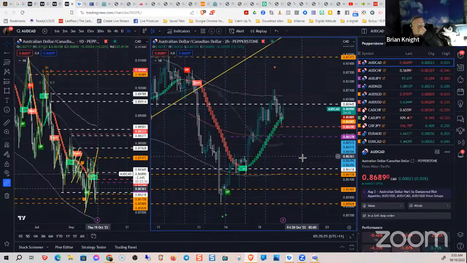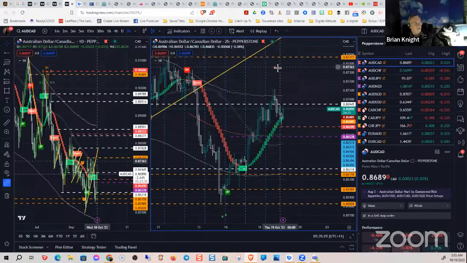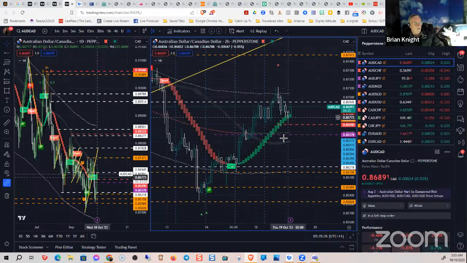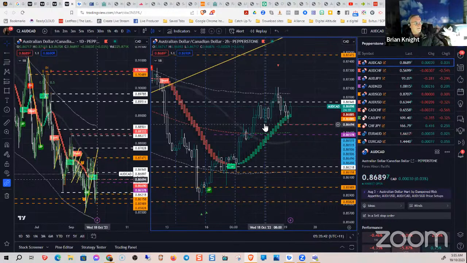Anyway, luckily enough. So yesterday, just after London opened, I saw that and went, oh, be careful, move stop loss. I think I moved it up to here. Well, in actual fact, you can see where it's pushed back down and then pushed back up. I went, okay, it'll need to break that. And so it's now in positive territory.